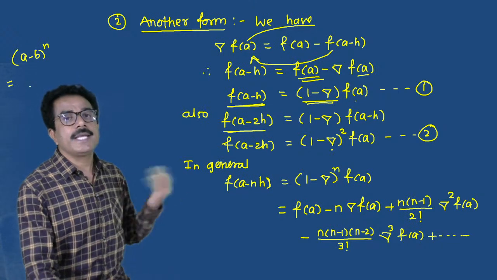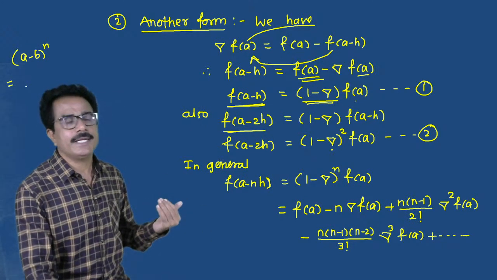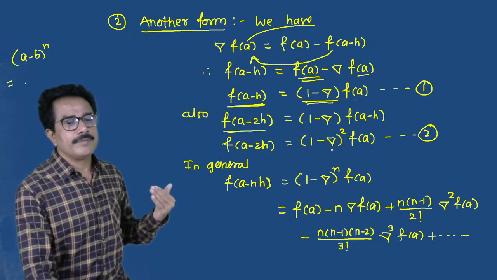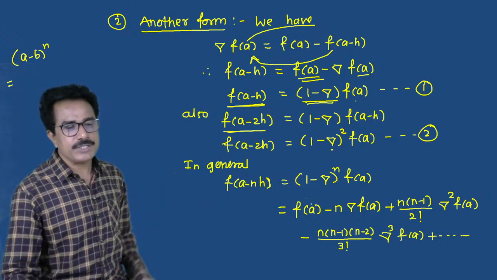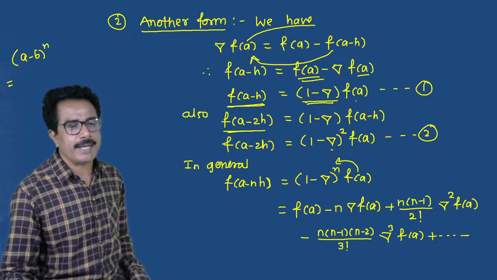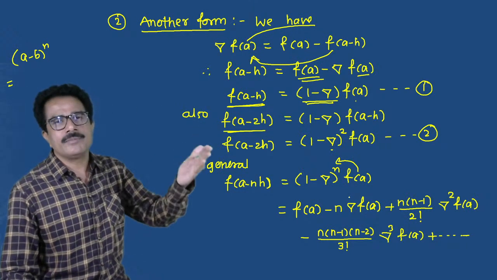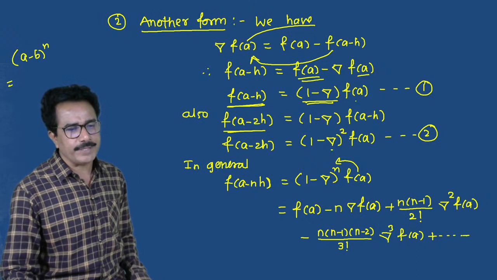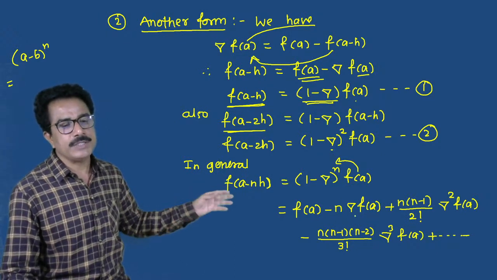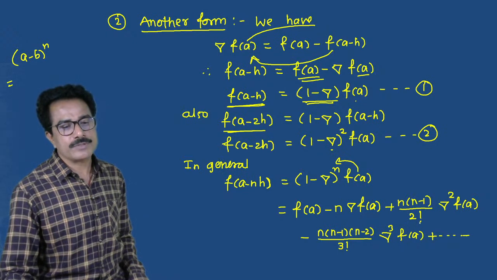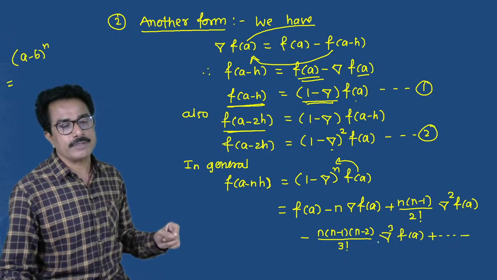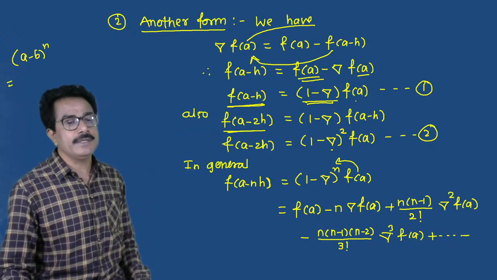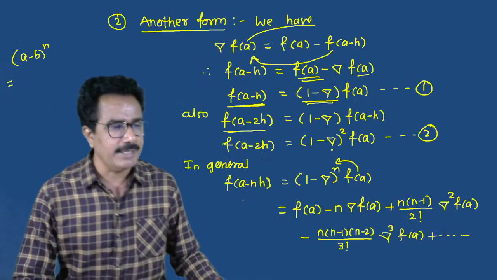We can use a raised to n, बरोबर आहे ना, a raised to n minus n into a raised to n minus 1 into b, plus in this way we can expand this and multiply, then multiply f by a, means operate on, multiply म्हणजेच operate. You have to operate on f of a. So we get f of a minus n into del f of a plus n into n minus 1 upon 2 factorial del square f of a, n into n minus 1 into n minus 2 divided by 3 factorial del cube f of a. In this way we can obtain. This is the another formula. So we get the another formula, and that formula is